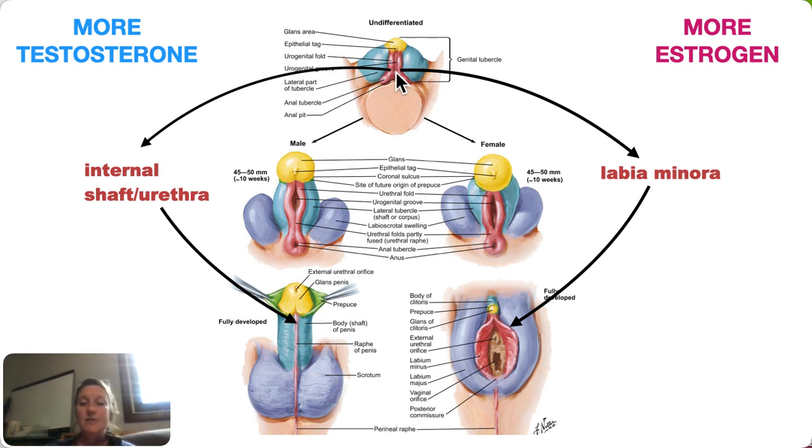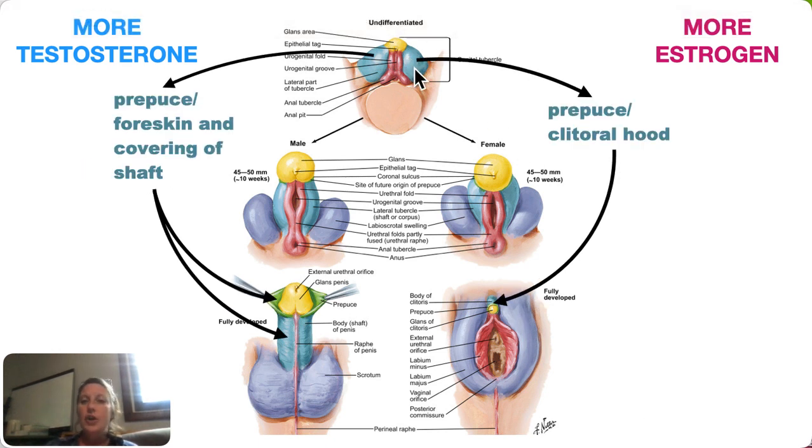Same thing in females. This red tissue makes a tube, starts to fold, but then it unwraps and becomes the labia minora, or the inner lips of the vulva. Okay, so the only difference really is that here it stayed a tube and is internal, and here that tube opened in order to create the labia.